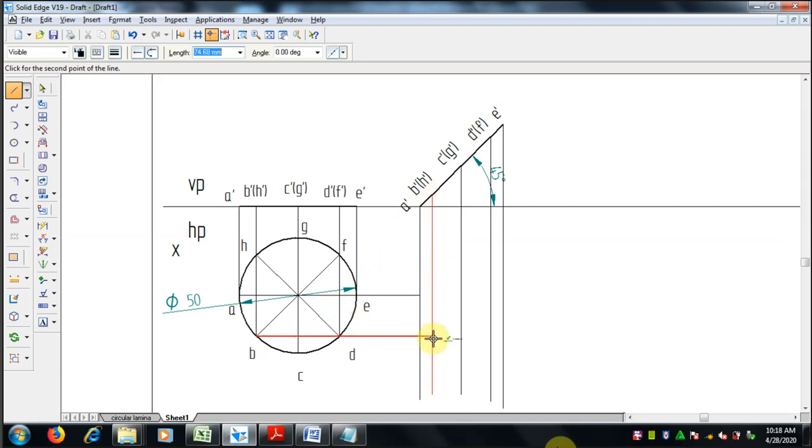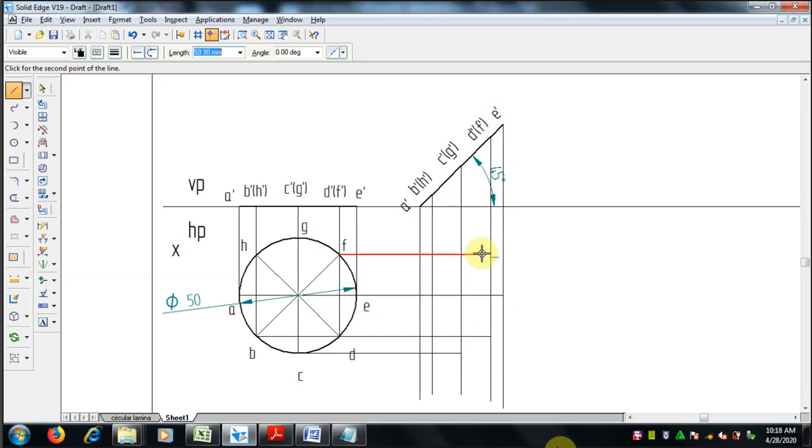B dash, where it joins C, and C dash where it meets. D dash, E dash, like this.